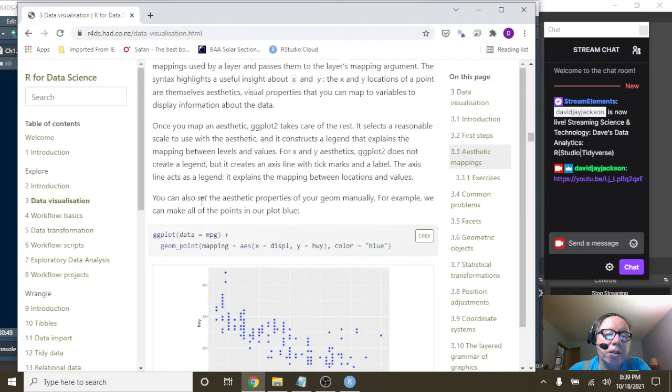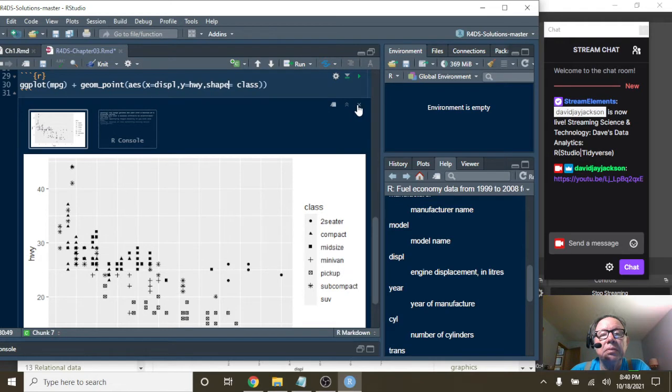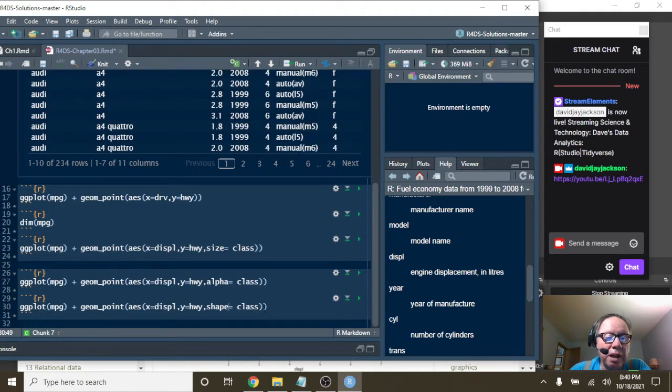Now, you can also set the aesthetic properties of your geom manually. For example, we can make all the points blue. Notice what he did there? Outside of the aesthetic, he said, right, remember inside of here we had color, which set the color for class or shape, okay? Notice it's located inside the aes function. If you simply want to set a color,